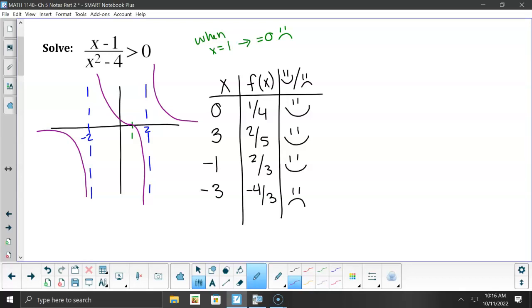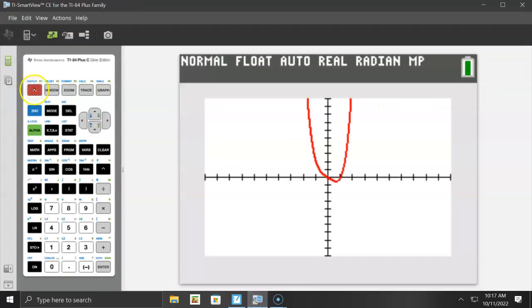All right, so for interval notation, I've got between -2 and +1 parentheses, because I can't hit -2 because it's an asymptote, and I can't hit 1 because that makes it equal 0, and that's bad juju. And then I've got everything greater than 2 on the opposite side. And then if I graph the stupid thing,